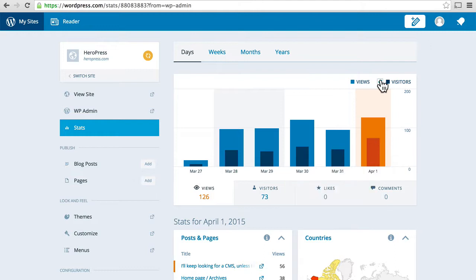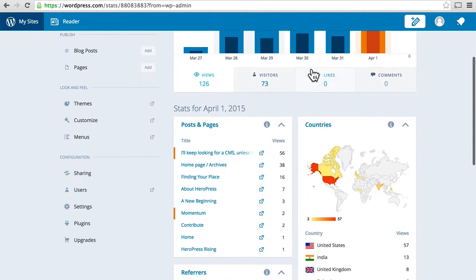There's a checkbox here that I can check to turn off showing me visitors. I can click just visitors and view just that. And I can look at likes and comments, of which I have 0, so that's kind of boring at the moment. At the top here, we can switch to weeks, months, and years, and I'll show you that in a few minutes. But for now,